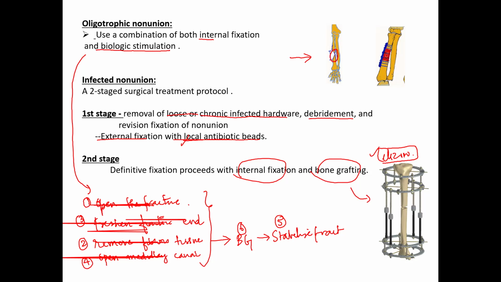And second thing is there are two reasons for non-union with poor vascularity. One is watershed area. Second is retrograde blood supply. The third thing is what are the causes of non-union? They are local causes and systemic. Local causes are very important. They go by 5 I's. One is infection, then interposition of soft tissue, inadequate immobilization, inadequate fixation, and